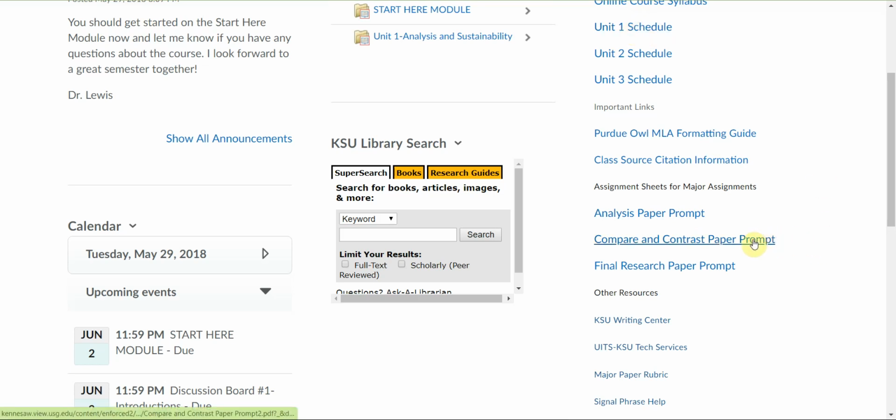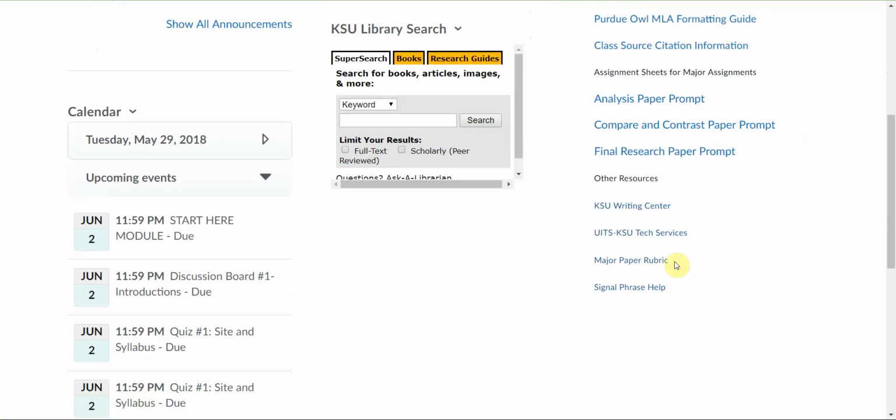Compare and contrast paper prompt, which is our second paper and corresponds with Unit 2. And then finally, the final research paper prompt, which corresponds with Unit 3. And then underneath that, there's a couple of other little links, like there's tech services at KSU, our major paper